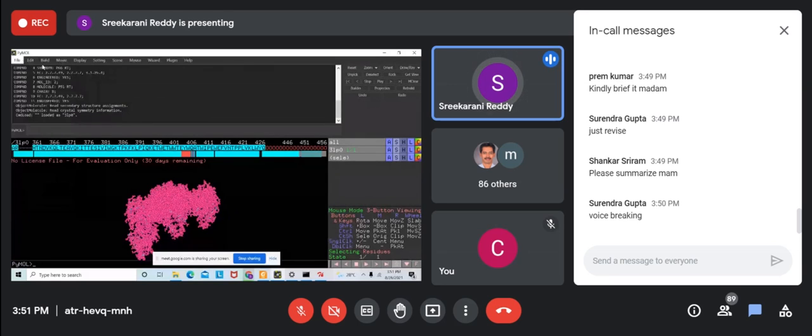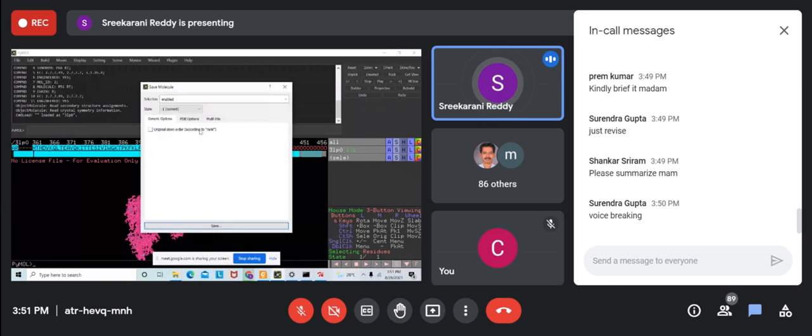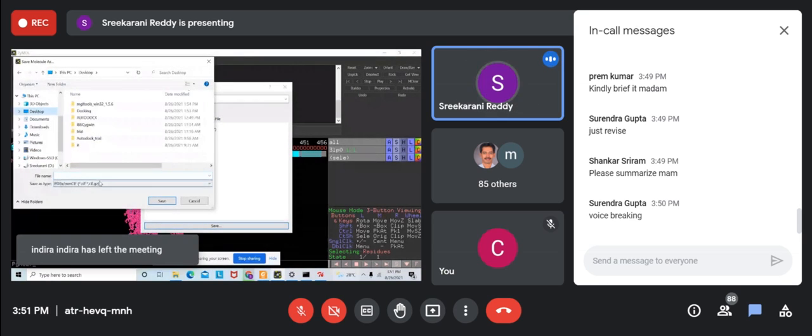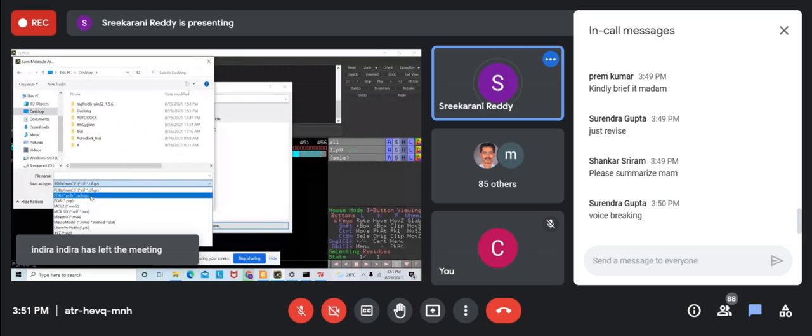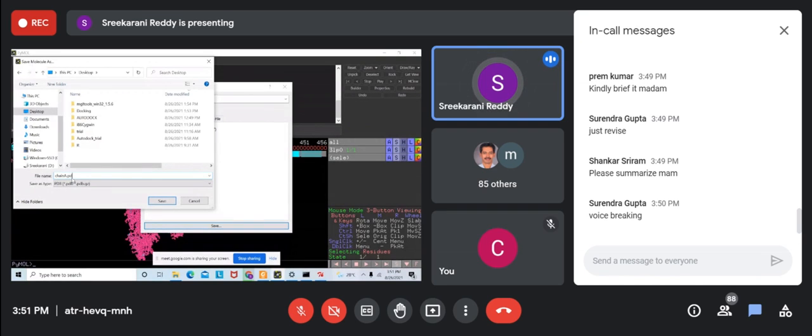Here is the option to save whichever chain you want. Export molecule, and here chain A is there, so I'm saving it as chain A dot PDB. PDB is the Protein Data Bank format.